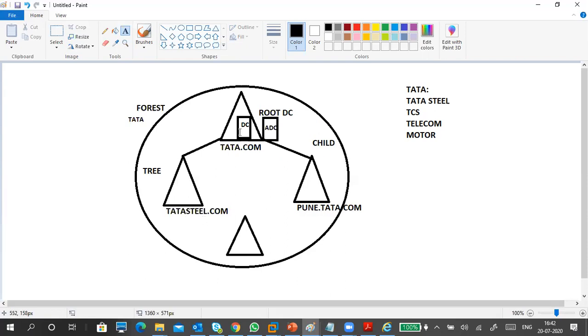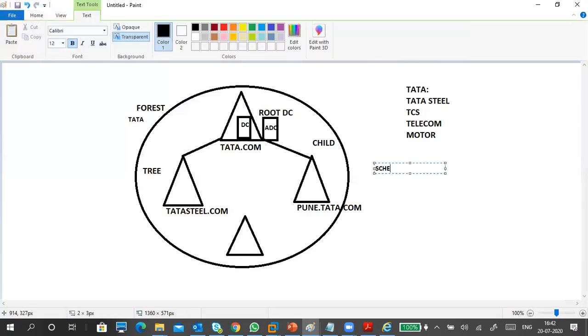But if this is under any domain, either the root domain or TataSteel.com or any other .com, and you create a new domain under that one, it becomes a child domain. It has its parent name and parent properties also. Every domain has its own domain controller, but they share a common schema. The schema is the same.